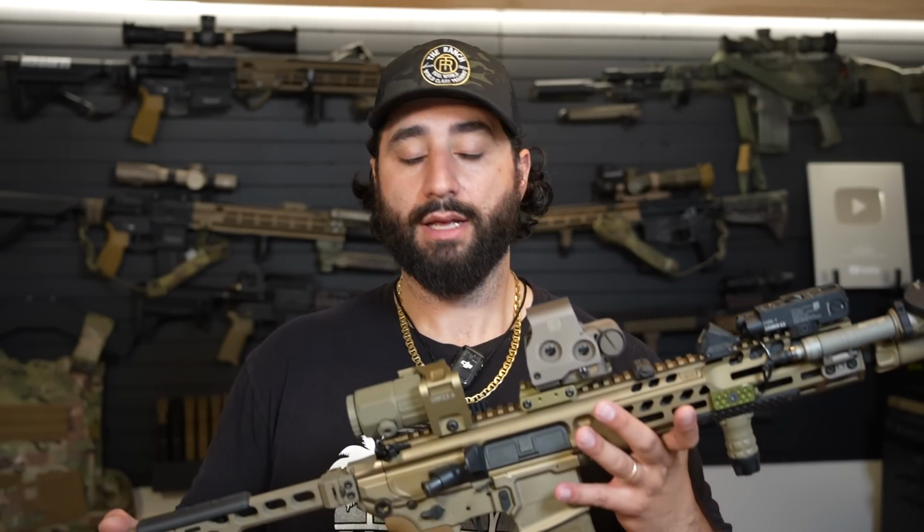So anyways, now that that's out of the way, let's go over the setup, because I've given you guys the idea, the mentality behind this rifle and why I have it set up the way it is. So this is my dedicated home defense gun and my night vision gun. This is an 11.5. I've shot this thing out to 500 yards with this EOTech and magnifier, this exact optic setup. Now, if I had a 1-6 or a 1-8 on here, it'd be even easier to get accurate hits at distance. The biggest issue with something like this, an 11.5, shooting 77 grain even out to 500 yards,